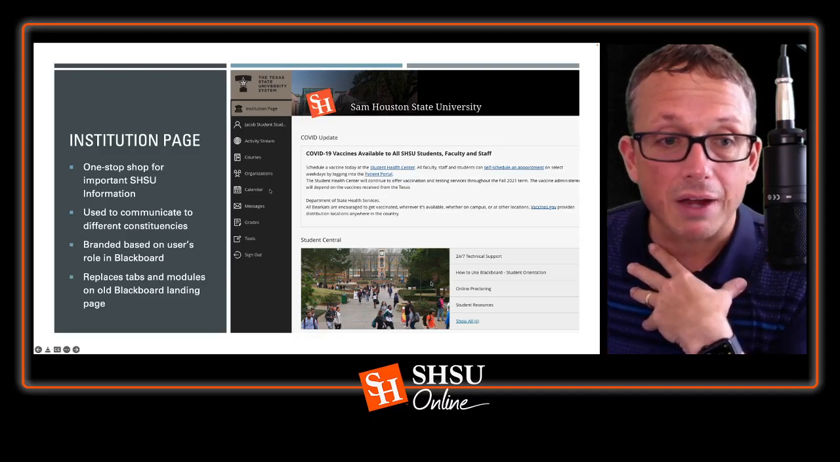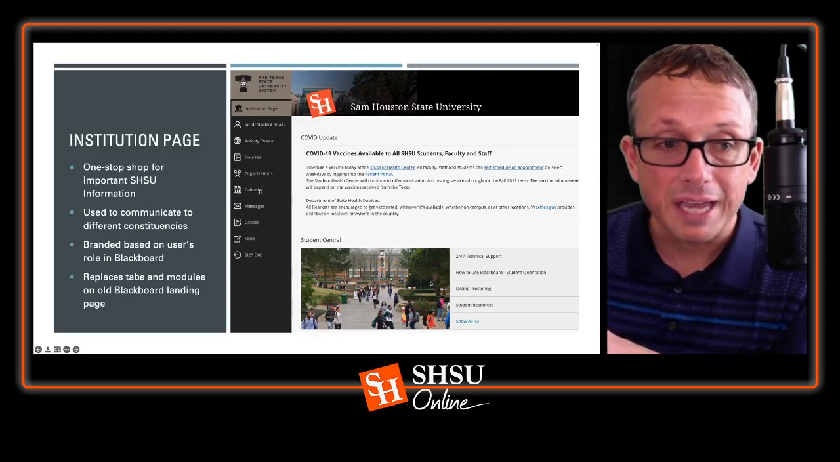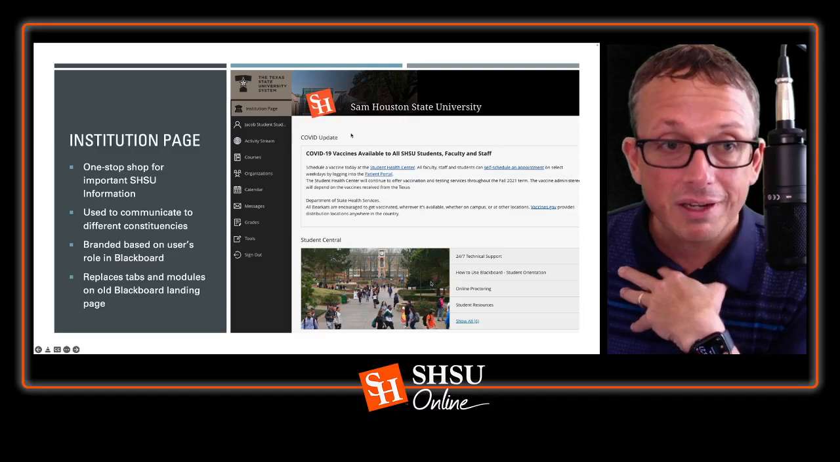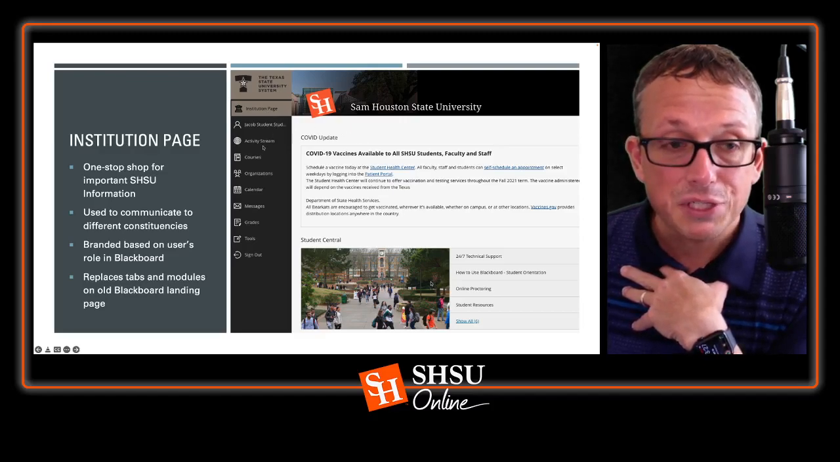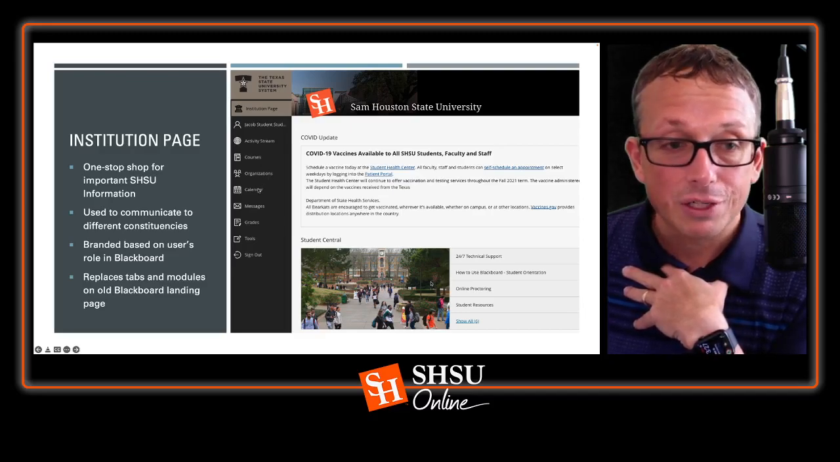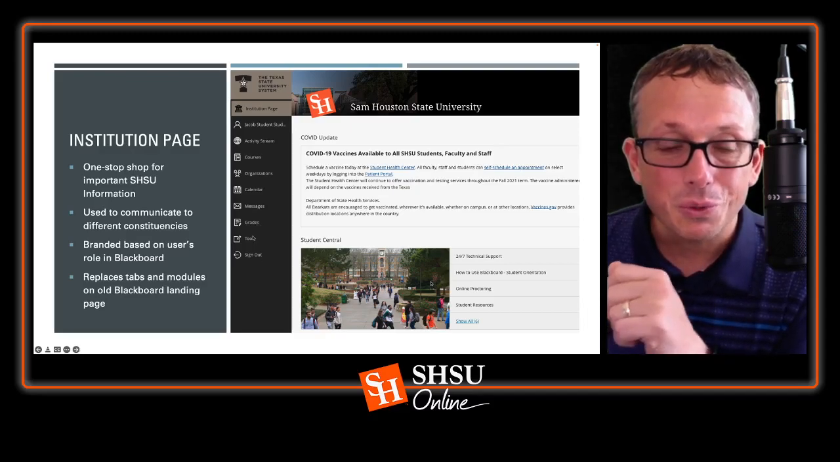Were I to look down here on the left, when you land in Blackboard after logging in, you'll see your navigation elements on the left, and there's content here. Navigation elements include the institution page that we land on, your profile page, an activity stream where you get to your courses, your organizations, your calendar, messaging, grades, a dashboard for grades across all of your courses, tools, and then